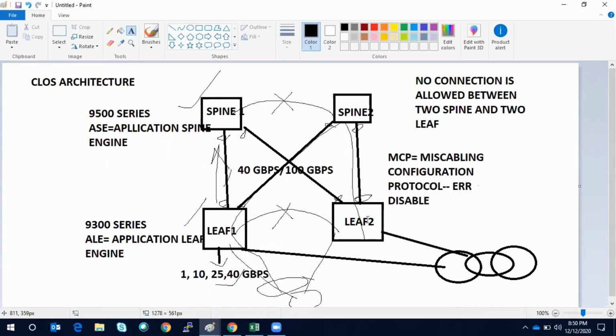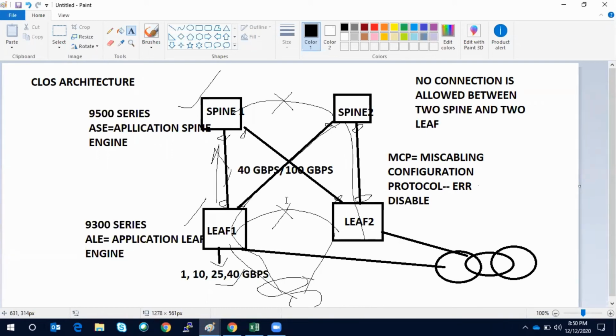So anybody can ask you whether your data center is a Clos architecture, or they can say spine leaf architecture, or this is a traditional networking. So I hope now you understand that this is the spine leaf architecture, and this is also known as a Clos architecture because this architecture has been derived from the telecom industry, and there was a scientist known as Clos who invented this connectivity basically.